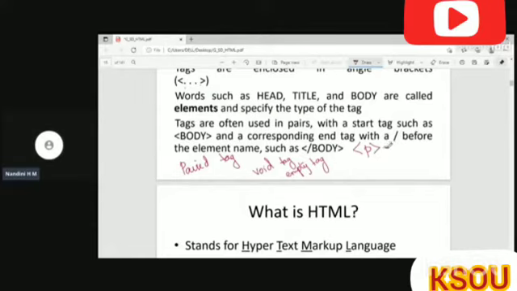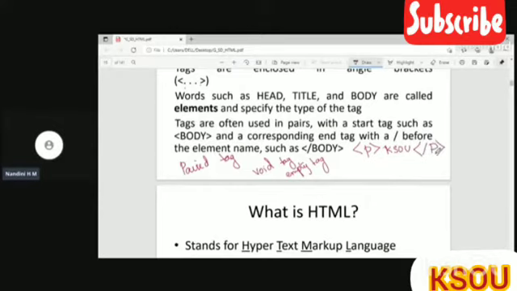Okay, for example, KSOU. This is the content, I want to put it in a paragraph tag. After opening paragraph tag, we have to close it. Again, in order to close it, we have to use an angle bracket, then / then P. Okay, so this is the opening tag and this is the closing tag. This is called as a paired tag.